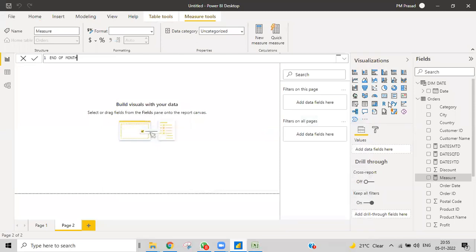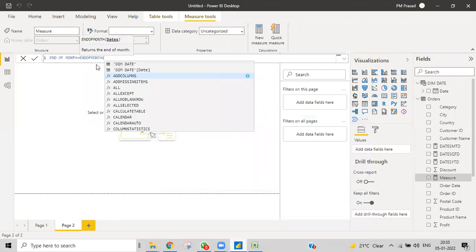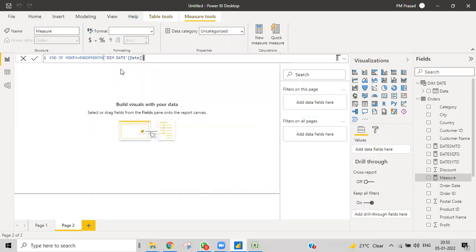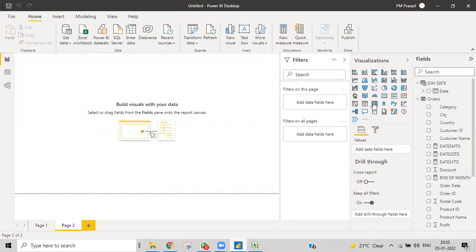End of month equal to EOMONTH. Then what do we need to do? We need to keep it in dates. So what will we get? Nothing. That's what we can show here, for example.